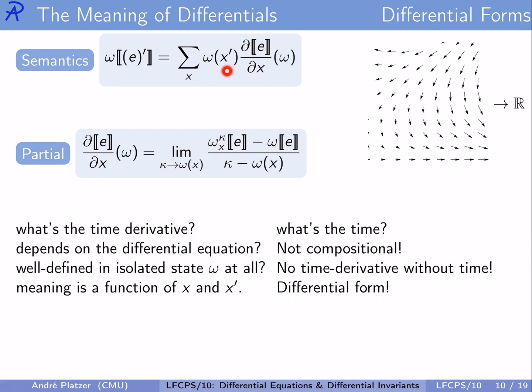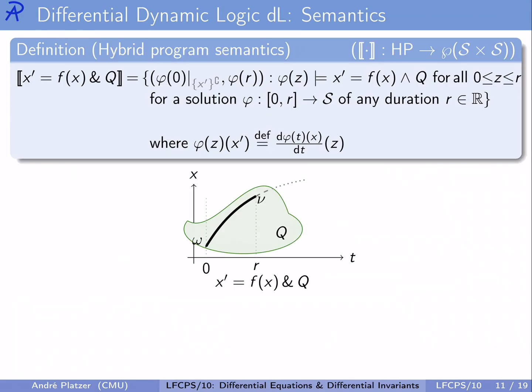But hey, that really just means we should call a prime variable x prime yet another variable. That's precisely how we're meaning it. Remember, we've actually already done that when understanding the semantics of differential equations, because the semantics of following a differential equation within an evolution domain constraint is a reachability relation, remember, that takes us from the old state that we had at the initial point to the new state we have at a later point in time r, for some r that is greater or equal 0, such that we do respect the differential equation at every point in time z along this solution, which just means we're making the formula x prime equals f of x and q, true, the q that comes from the evolution domain constraint, for a solution of any duration r,